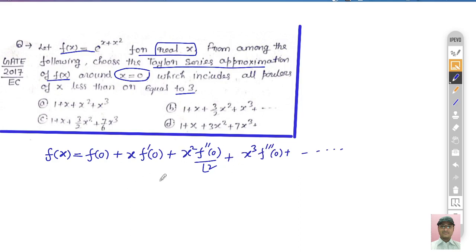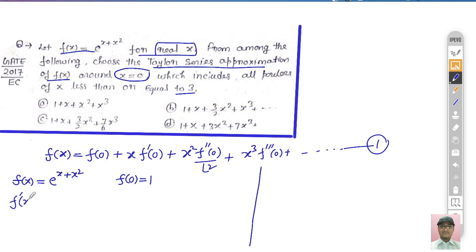And try to understand, this is a little bit complex. Why is this complex? We have to see first what f(x) is. So f(x) is given, it is basically e raised to the power x plus x². Now see what our objective is. Our objective is to find f(0). So once you put 0, you will get f(0) is basically e raised to the power 0 plus 0, that is e raised to the power 0, which is basically 1. So you can put here the first term 1, right? You have to calculate this value f', the first derivative of this function.